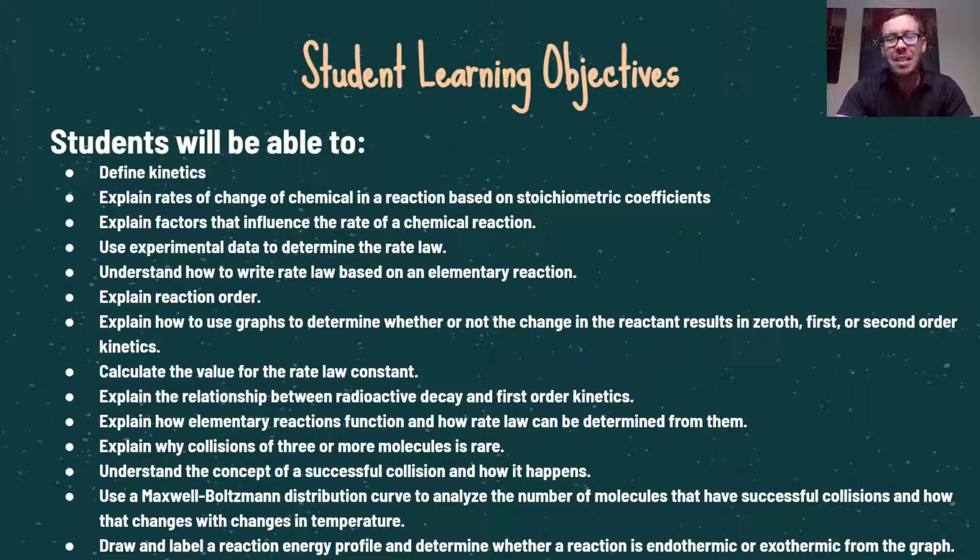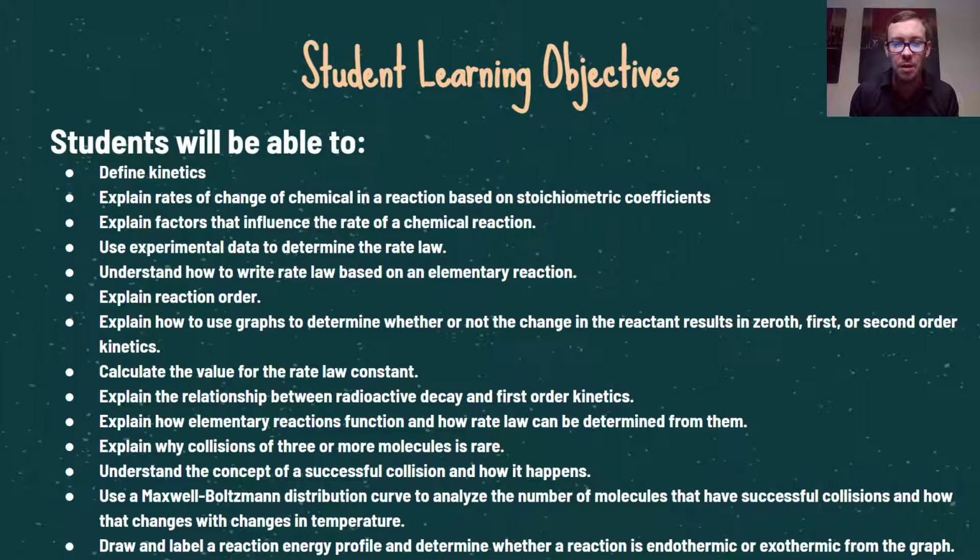We've got a lot of things we need to cover today. Now, this looks like an awful lot, but we're really only going to scratch the basic concepts of some of these chemical reactions. So we should be able to define kinetics, explain rates of change in chemical reactions based on stoichiometric coefficients, explain factors that influence rate law, use experimental data to determine rate law, understand how to write rate laws, explain reaction order, explain how to use graphs to determine change in reaction, calculate the value for rate law constant, explain the relationship between radioactive decay and first order kinetics, explain how elementary reactions function and how rate law